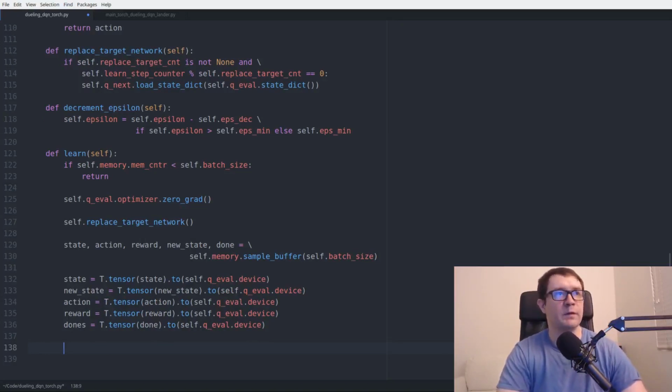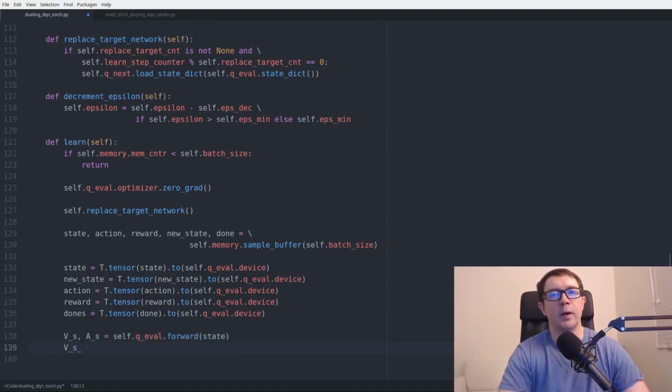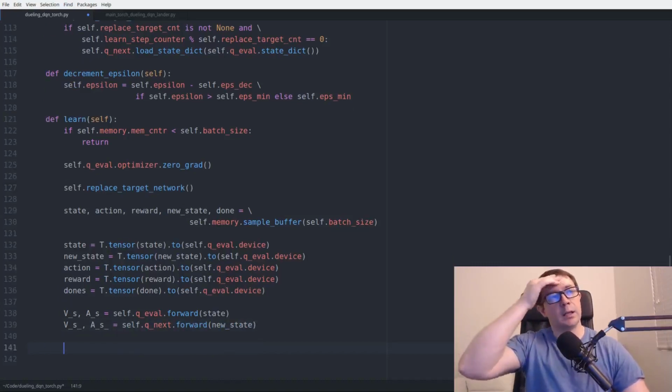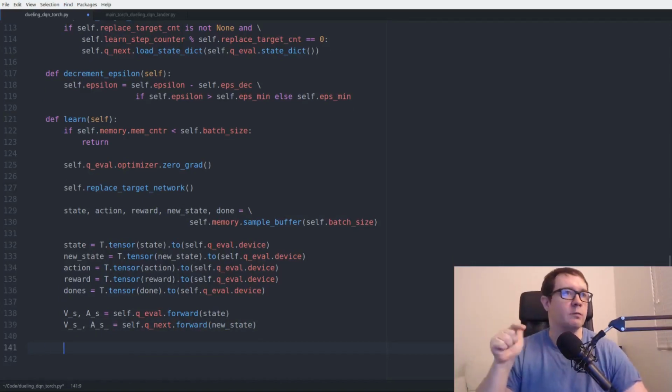Next, we have to perform our feed forwards. So the value for state S and the advantage for state S equals self.qeval.forward of state. And likewise for the next states, underscore, self.qnext.forward new state. So we have to do that, and now we have to handle the calculation of our loss